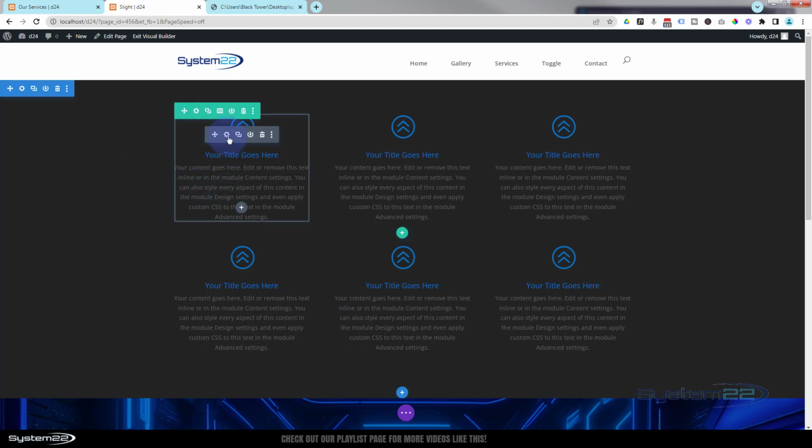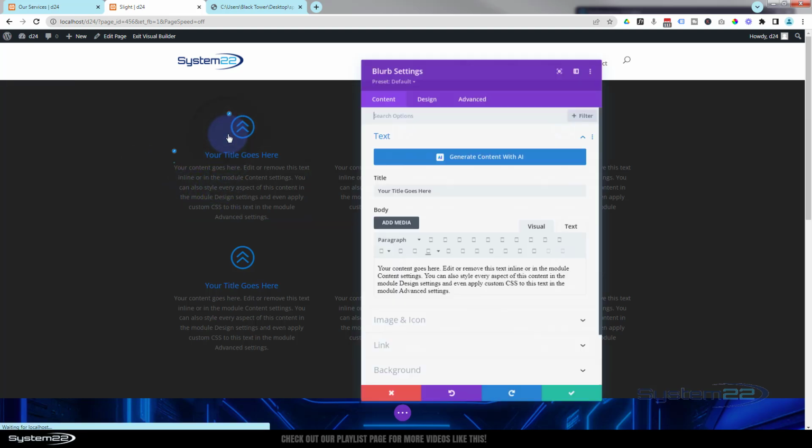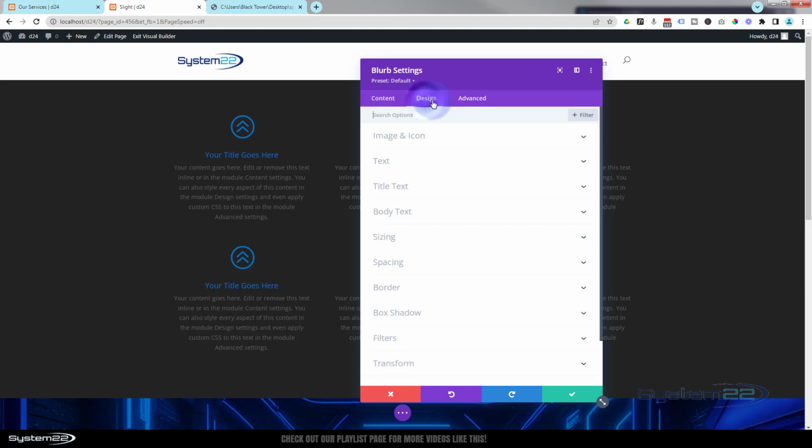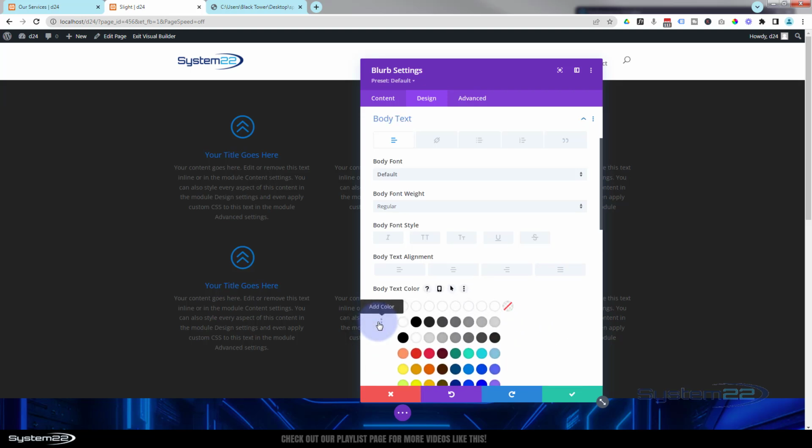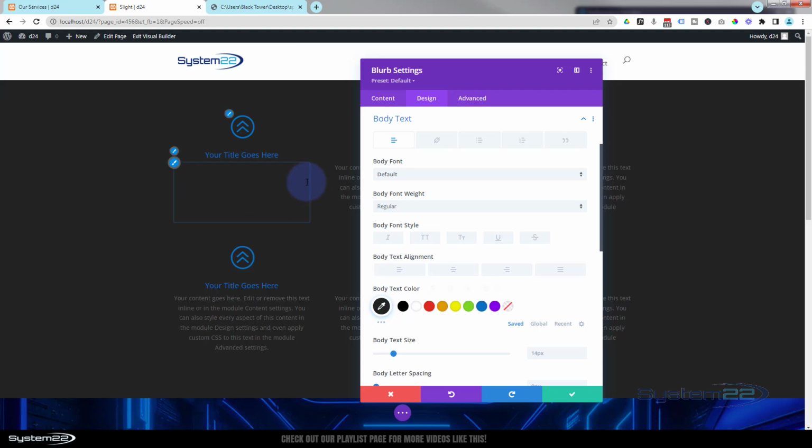And if we go down, I go into one of my modules here, over to the design and the body text. I'm going to make it that same gray by hitting the little color picker there. It's the 2424. As you can see, that disappears into the background there. And the quick way to get them all done in this section